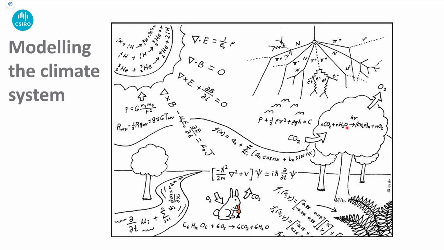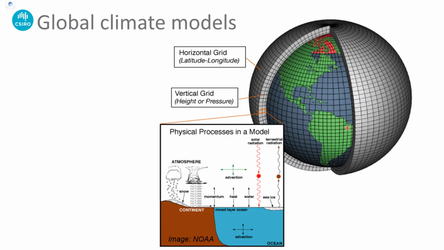Luckily, there are very smart people who build these climate models. And what they do is, if you can represent a process that's going on in the climate as a mathematical equation, you can use a computer to solve that mathematical equation. And if you've got a big enough computer, you can solve all the equations at the same time. And that's what we do with global climate models. This is kind of a graphical representation of how they work. The planet is divided up into a series of boxes, and those boxes are arranged in layers that are a sphere wrapped around the planet, or the virtual planet.